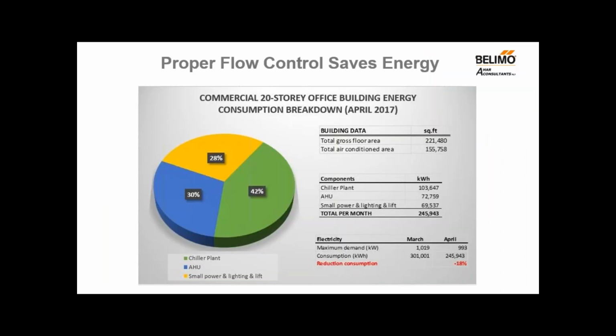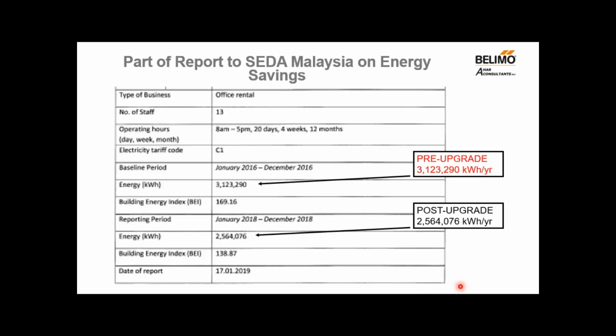This is a breakdown of energy consumption of the building after the refurbishment exercise. As you can see, 42% of the electricity is consumed by the chiller plant, 30% by the air handlers, and the remainder by small power and lighting. Overall, we managed to save 18% within a year. So the client was very happy. They didn't have to wait 3 years to get the 15%